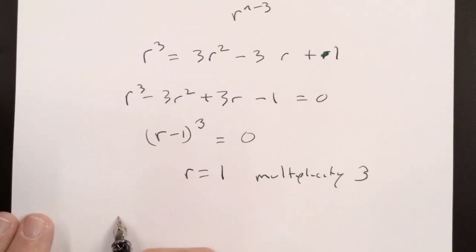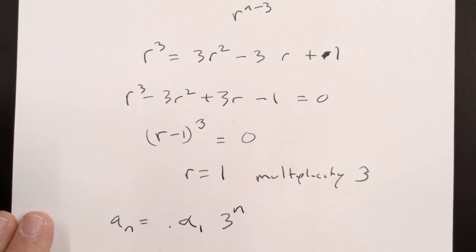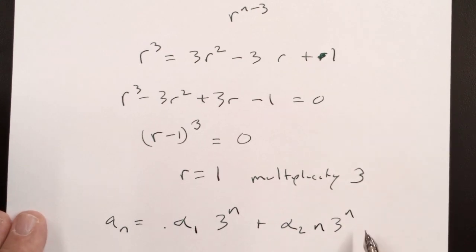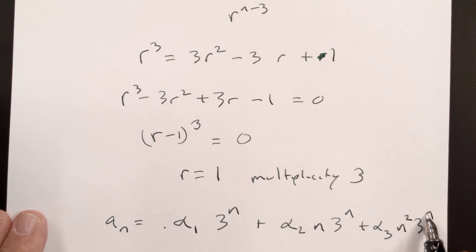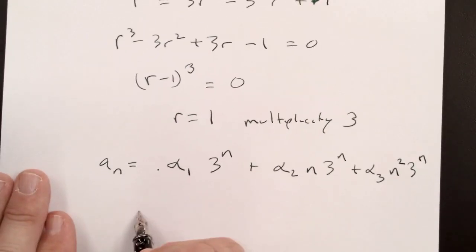So I'm going to have a_n is something times 1 to the n plus something times 1 to the n again. No, I need an n because it's there an extra time. Plus something else times 1 to the n. I need another n because it's there a 3rd time. If I were to factor that 1 to the n out,